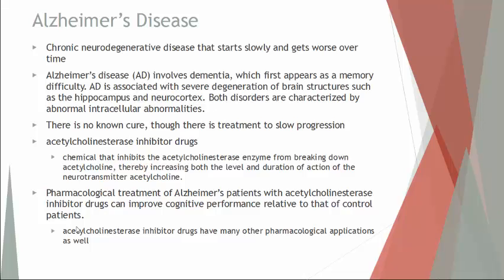This is a chronic neurodegenerative disease that starts slowly but can progress and become fatal depending on how quickly it advances and how old that person is. Sometimes this is called AD for short, Alzheimer's disease. This will involve dementia at first, and in the beginning it just looks like you're being forgetful, having a senior moment, which is a commonly used phrase to describe it. But it's much more than that.